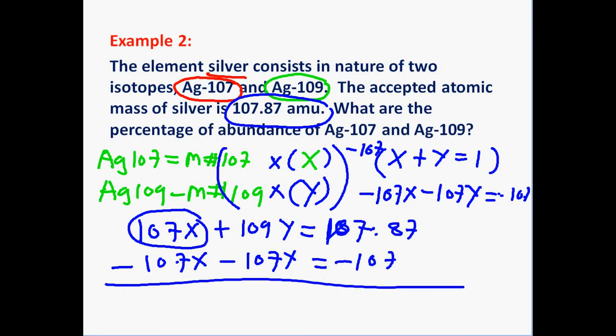Now, if you add the two equations, this is positive, this is negative, that cancels x. This is 109 positive, this is negative 107. We subtract both and we get the answer 2y. 2y is equal to 0.87. When we solve that, y will be equal to 0.87 divided by 2, when we divide both sides by 2, and we will get the answer for this as